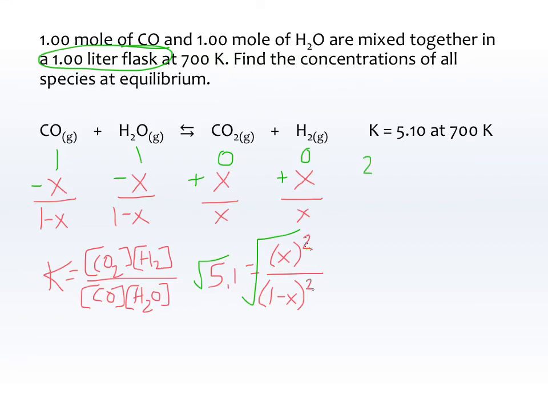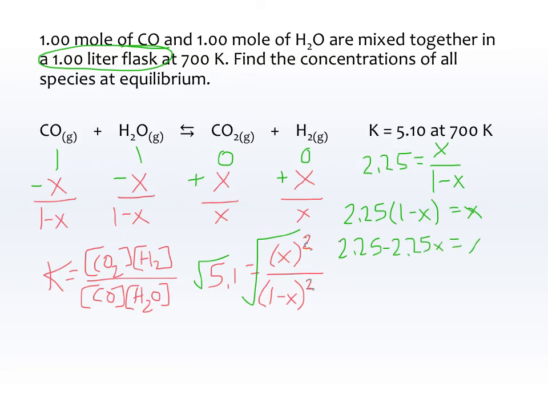I'll put that up here so I have room. That's the square root of 5.1. If I take the square root of X squared, I have X. And if I take the square root of 1 minus X squared, I have 1 minus X. So now the algebra doesn't have any squared X's in it, and it makes it a lot simpler. Let's cross multiply. So this is going to be 2.25 times 1 minus X equals X. We're going to distribute that 2.25 into the parentheses. So 2.25 minus